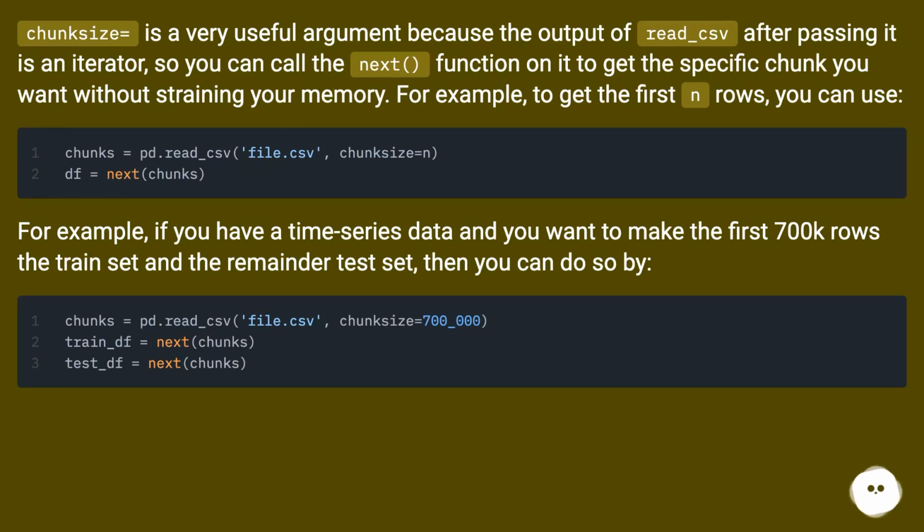For example, if you have time series data and you want to make the first 700k rows the train set and the remainder the test set, then you can do so by: